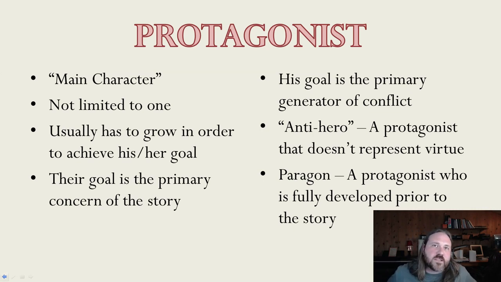Briefly, I'll talk about two kinds of heroes that I'll address maybe in some bigger videos. The first one is the anti-hero, which is very popular right now. An anti-hero is a protagonist that doesn't represent virtue. In other words, they don't represent what we typically think of virtue. They're not good guys. They may be morally neutral. They may have some different set of morals that's different from ours, or they just may be a person that is not a typical hero at all. They may be a person with base desires, maybe a person who's violent, they may be a person who is cowardly. So there's lots of examples of anti-hero.